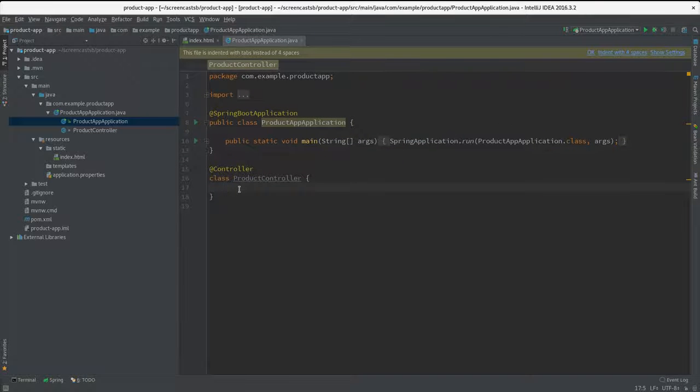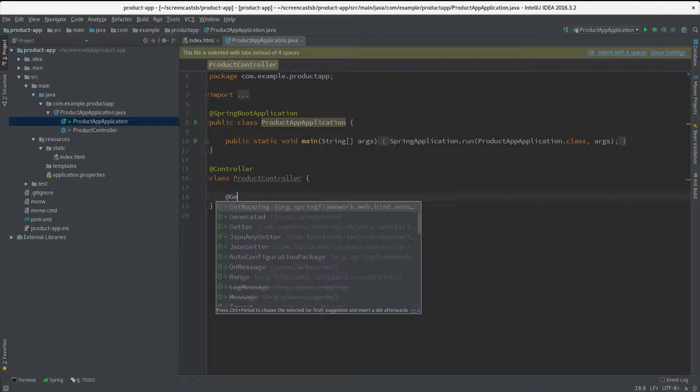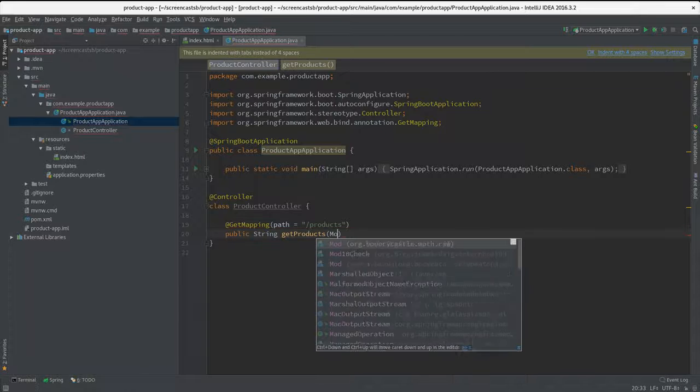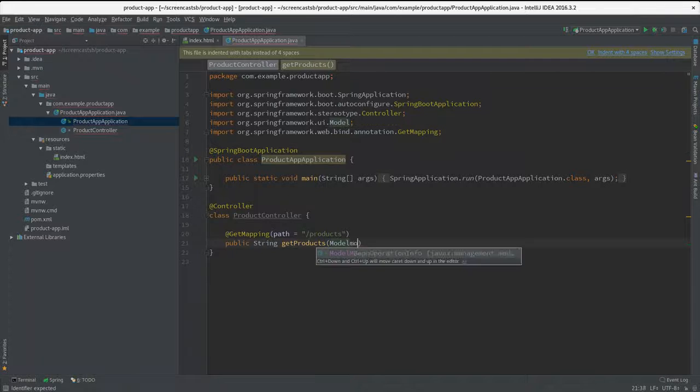So ProductController, and what we want here is a pretty simple mapping. When we go to products, well then public String getProducts. Here we inject our Spring MVC model,